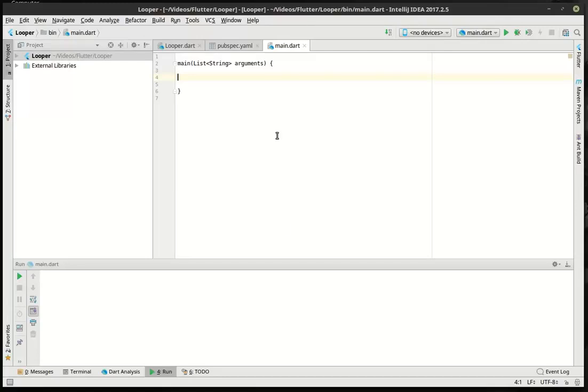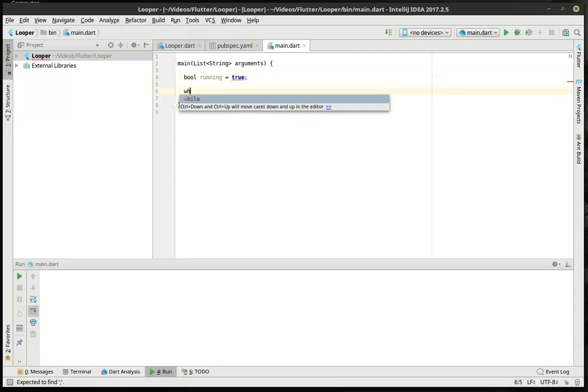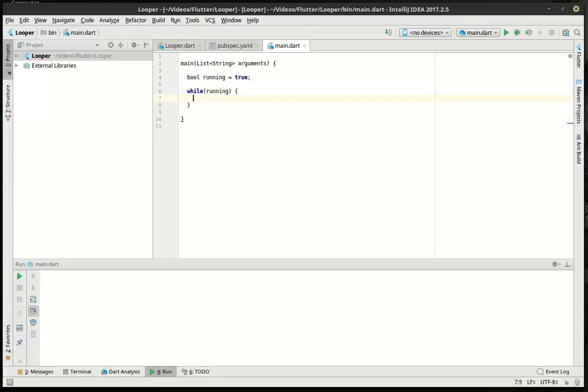So let's say, let's make a variable. Let's call it bool, because I like things indented. While running, we're going to say print